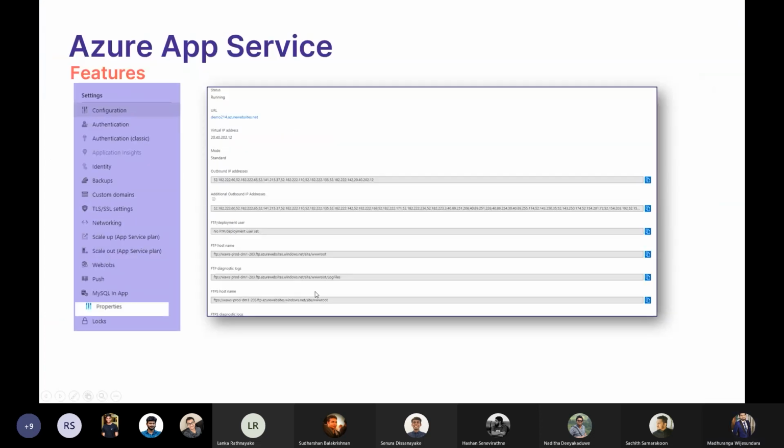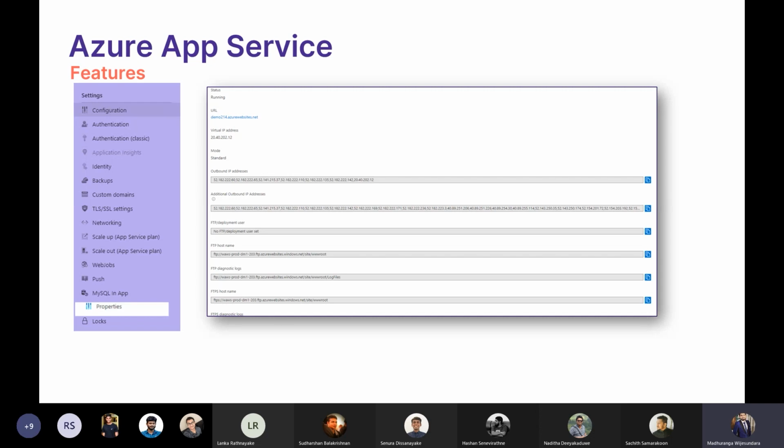So these are the properties. The properties section will show you the outbound IP addresses. As this is a web app service, it doesn't take a static web IP address. It will have a dynamic range of IP addresses changing from time to time because it is a multiple hosting provider. So if you just want to restrict it, or add security measures like web application firewalls, you can pick these IP address ranges and put them there to secure your app